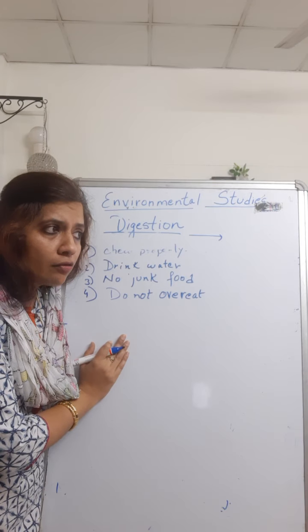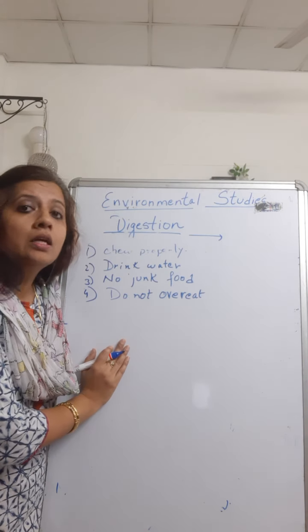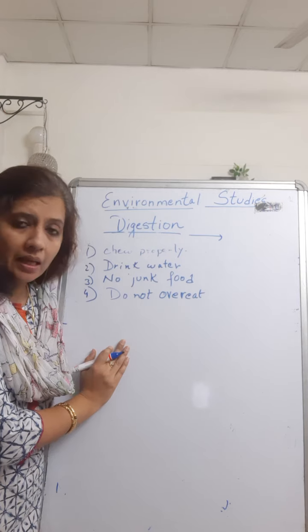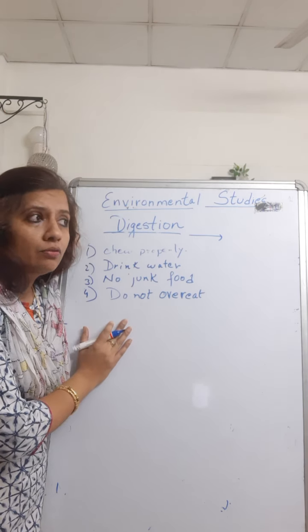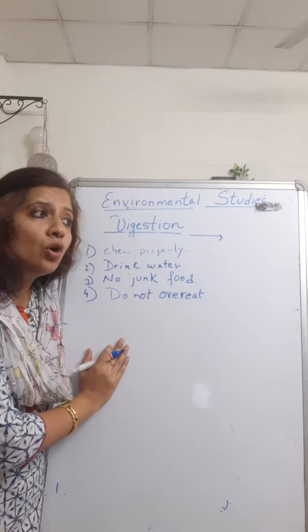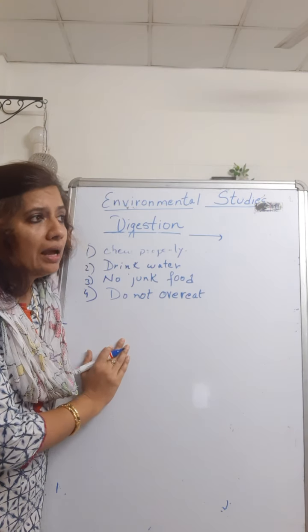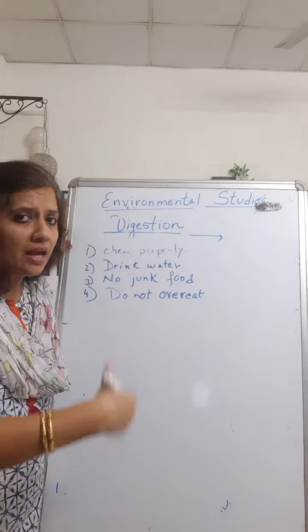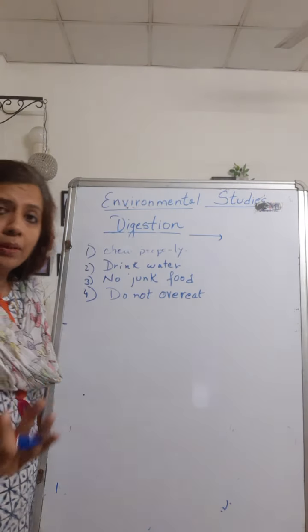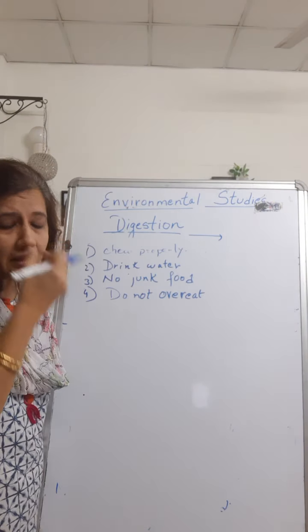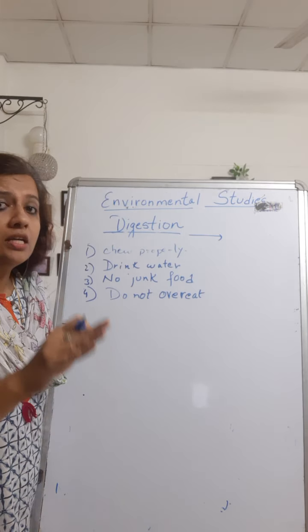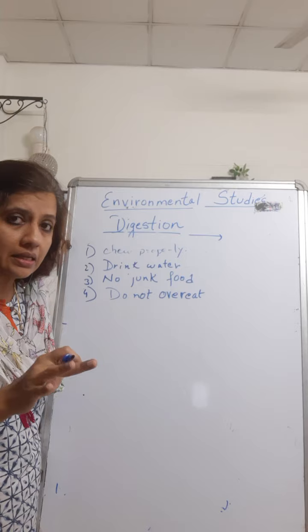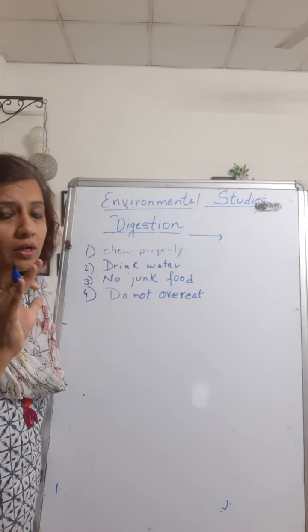Now for your class 5 level, if you see the questions that come in the examination, generally what is asked, I have already given you in the worksheet for the first class, that is, name the organs of the digestive system. And as we proceed, the next question that is asked is explain the process of digestion. So you have your book, just go through it, study, and follow what is written in it.